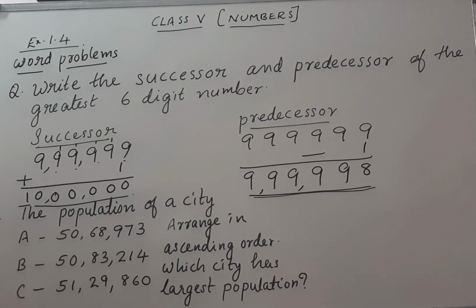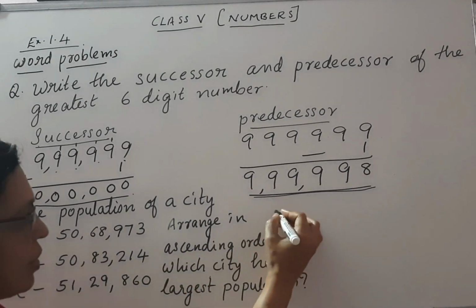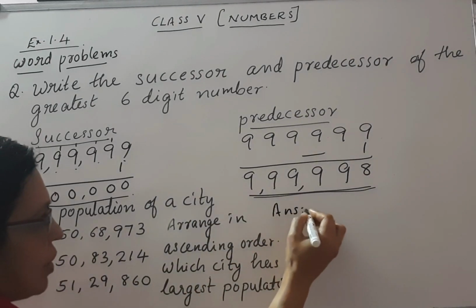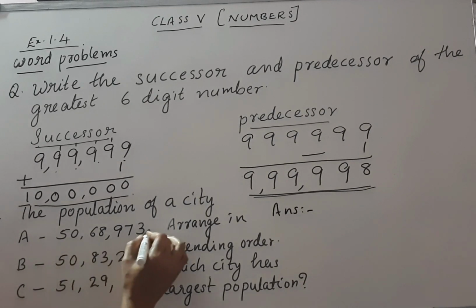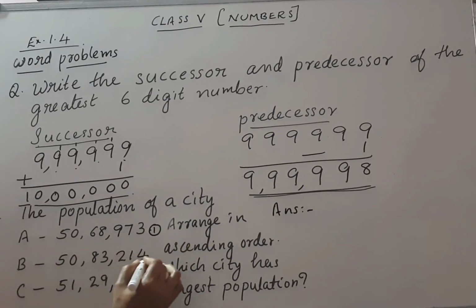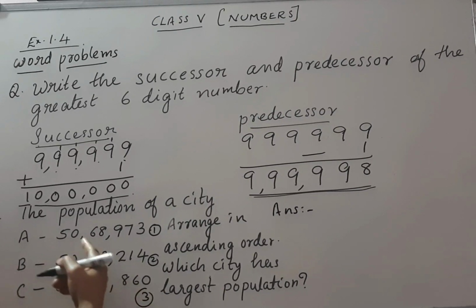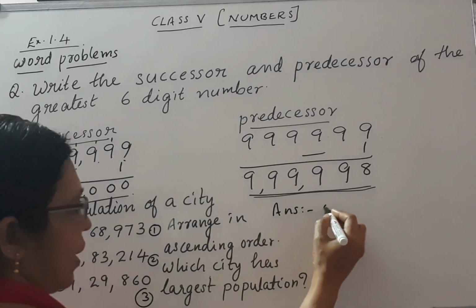So city A. Arranging in ascending order means ascending order while writing. So the answer you have to write in ascending order is, this is the first number, this one is the second number, 51 lakh, therefore that is the third number. So it's given in order only. So we can write